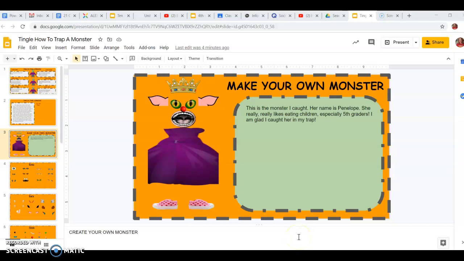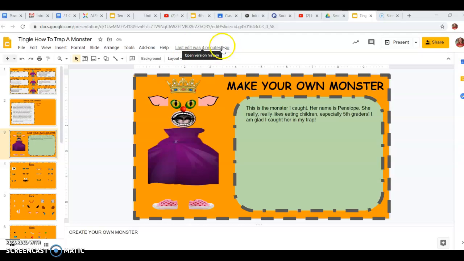Okay, it's Miss Tingle, so I'm going to show you how to fix something that you messed up. So this is my Munster. I know somebody has deleted their green body and they don't know how to get it back, so I'm going to show you. When you're in Google Slides, really any Google app like Google Docs, this also works,